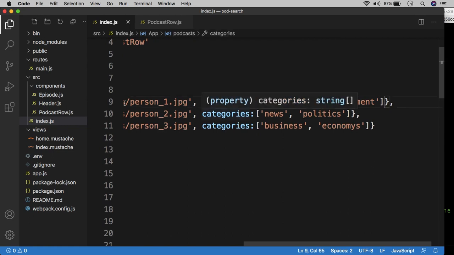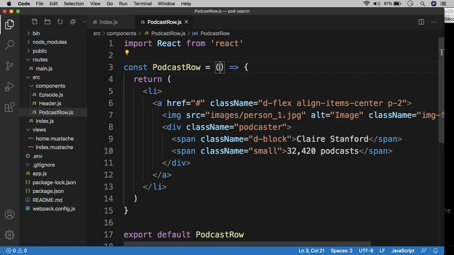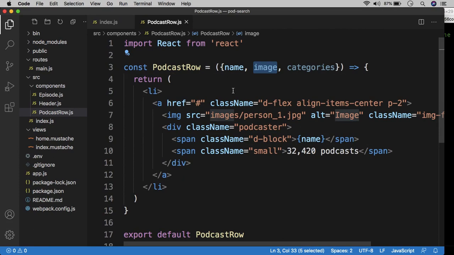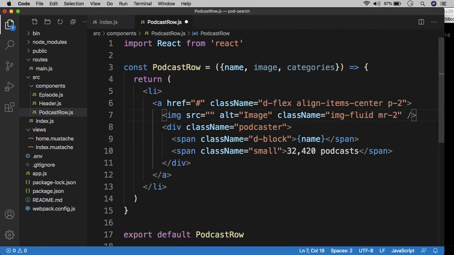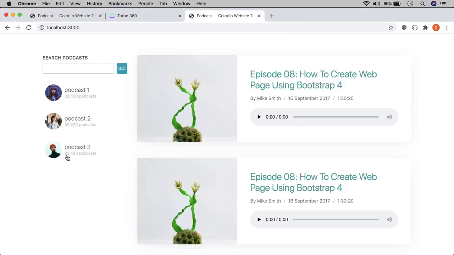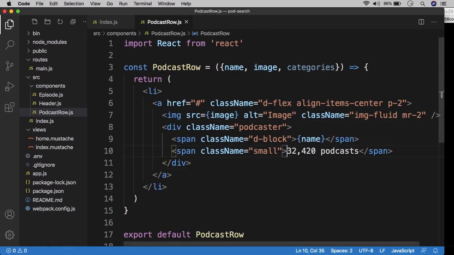So what we can do next is head over to the podcast row and grab each one, name, image, and categories, like that from the props, and then we can render the name here instead of the hard-coded name. So we can do that instead, and we should have podcast 1, 2, and 3. We can also do the same with the image. So now we have 3 separate images,